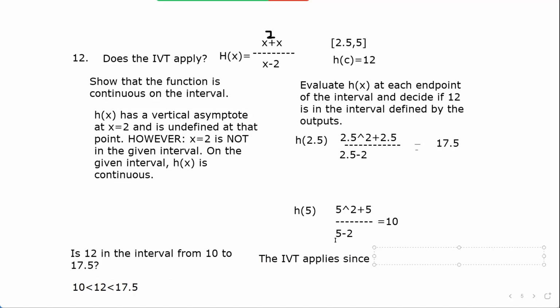Since the function is continuous on the interval,